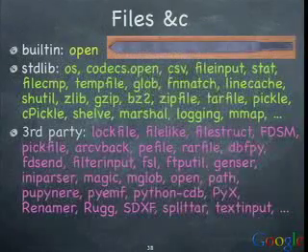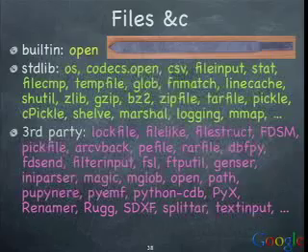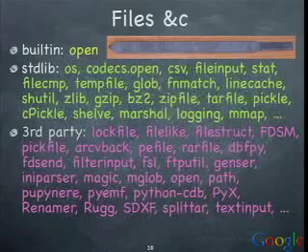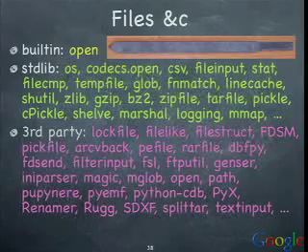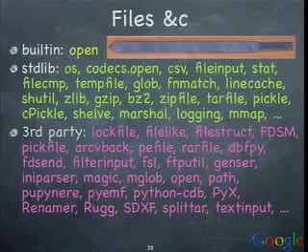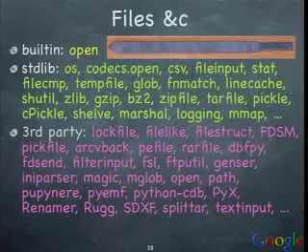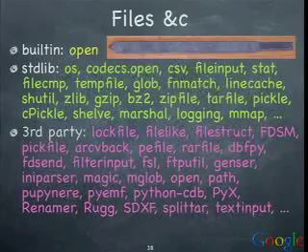OK, files. Very useful, particularly if you're ever in jail. The only built-in support is open. There is a thing called file, which is a type, but don't use it. Believe me, don't. Use open. It makes a file for you. In the future, it will make more, better, brilliant stuff. Just use open. And basically, you can read, write, seek, and so on. But